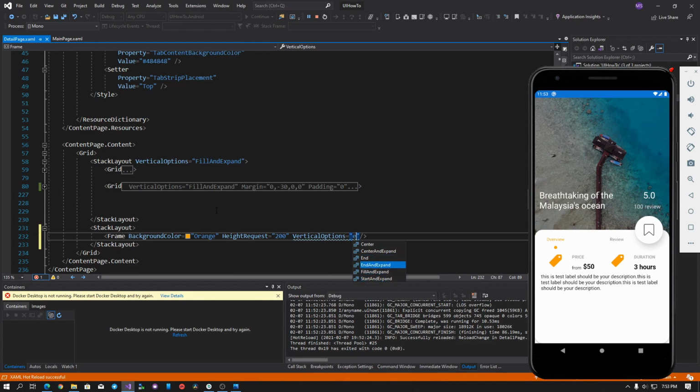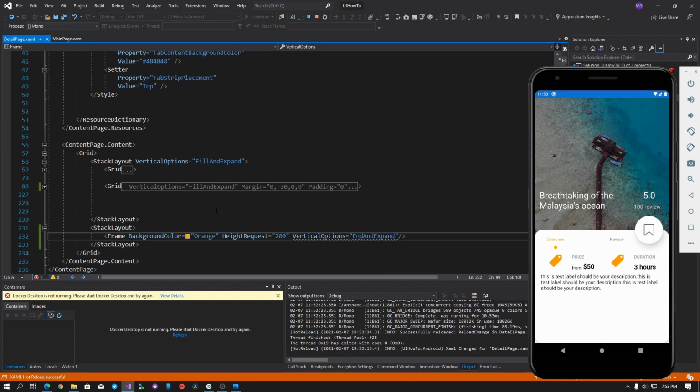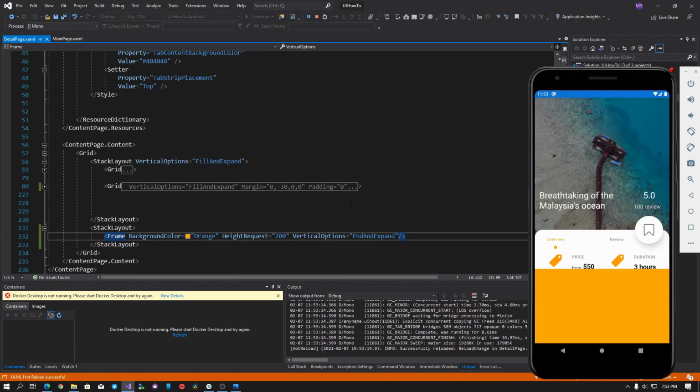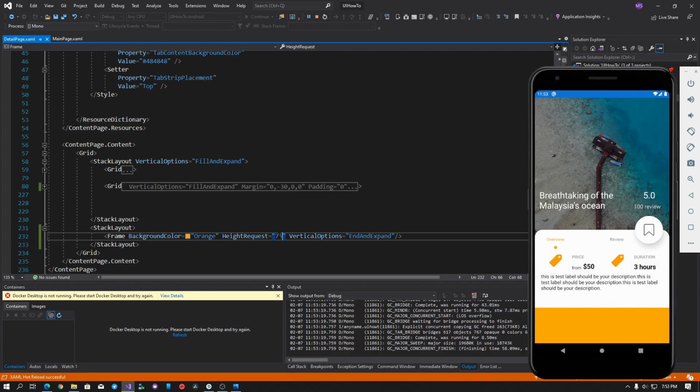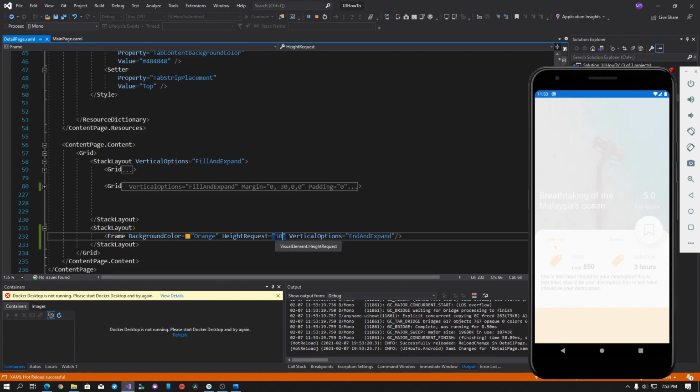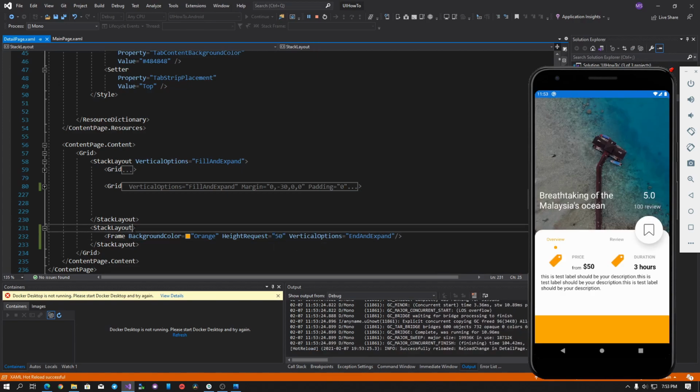Where is end and expand? I don't see it here. So you can see over here, it's too big. So 75 should be okay. No, still too big. 50. How about 50? But before that, let's go to padding 0